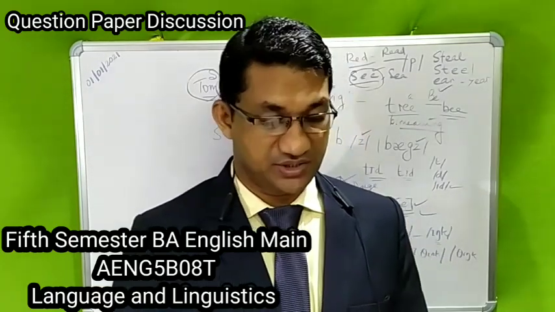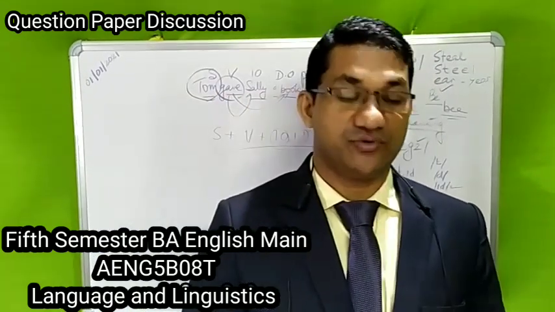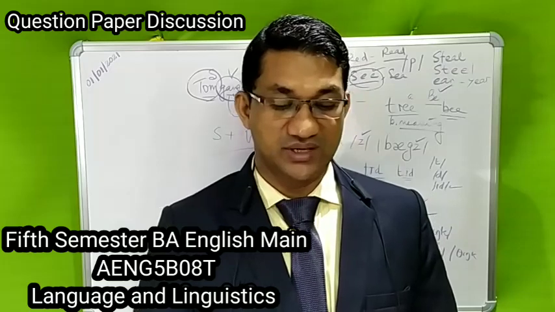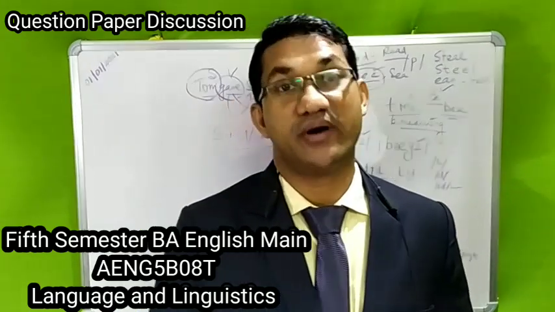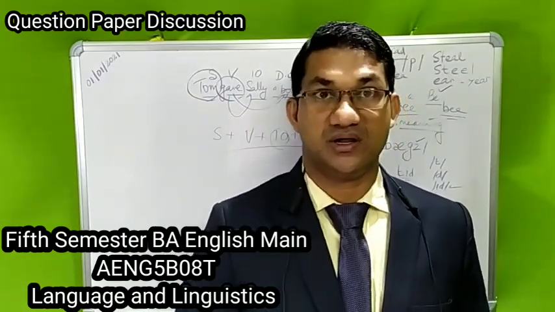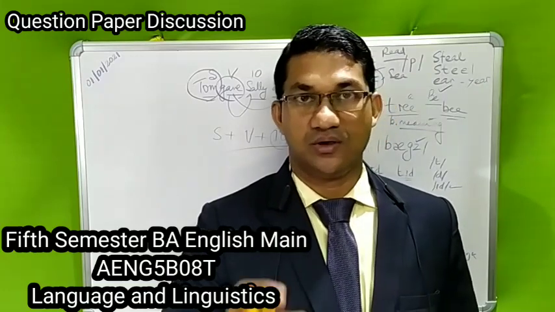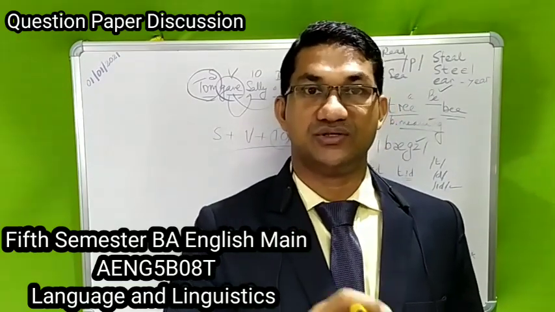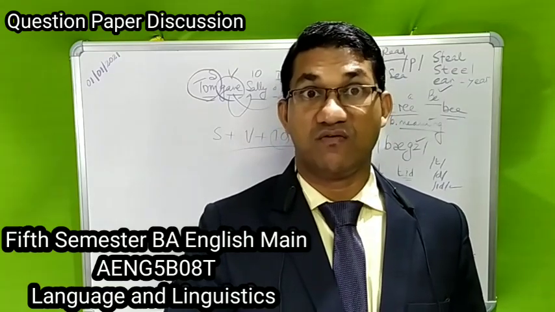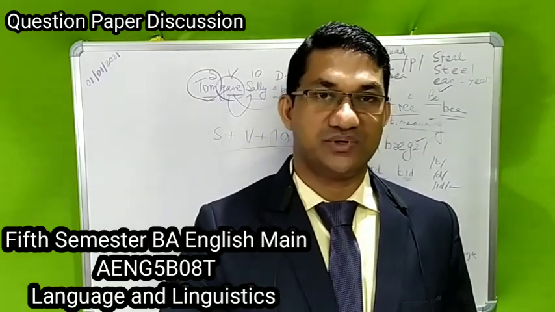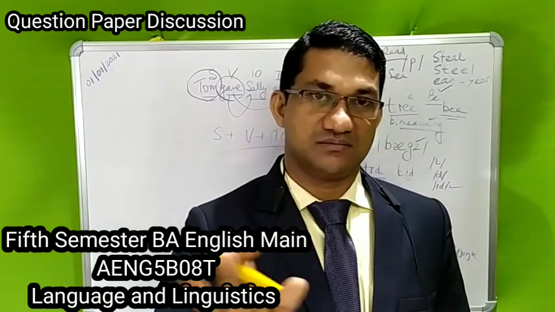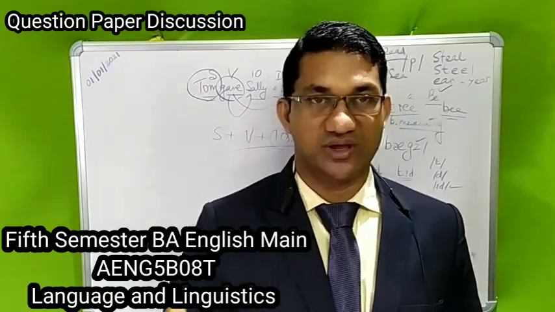Okay, assimilation. Now answer type 3 questions. Answer any 4 of the following in 100 words. Each carry 5 marks. Intonation. What is intonation? Definition of intonation. You have falling intonation or falling tune, rising tune or rising intonation. Give examples and mark it. You get 5 marks. Easy to get 5 marks.